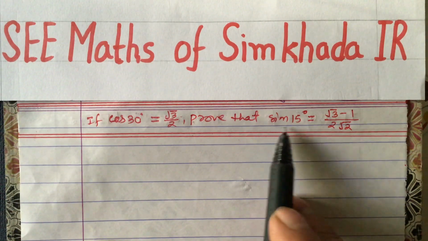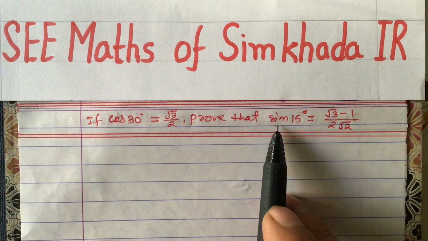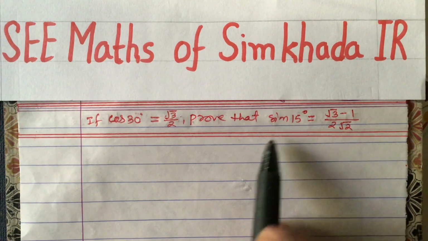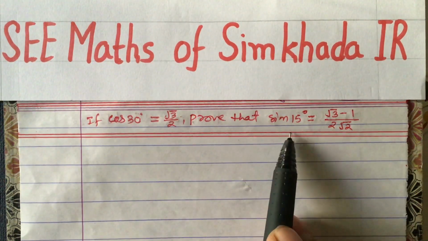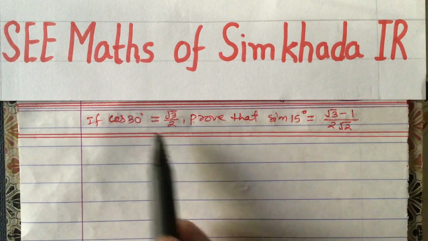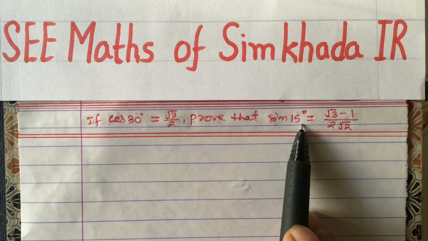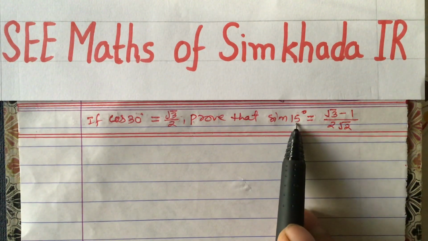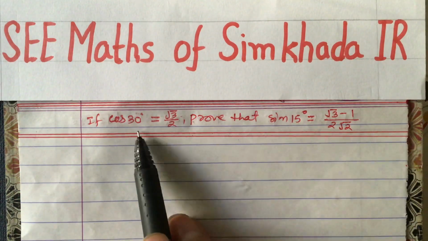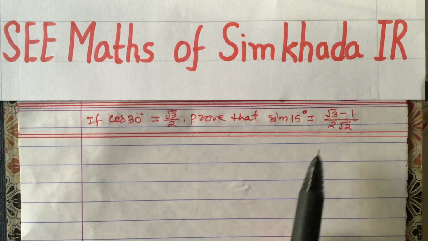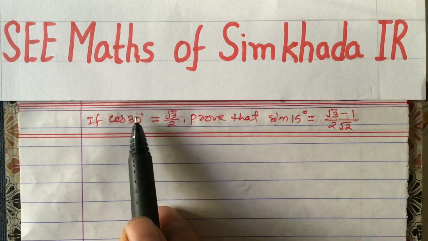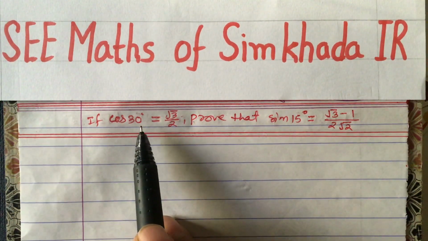You may be asked cos 15, sometimes sin 15, and sometimes tan 15. Only these three from 30. Always its half will be given. See, if here is 30, you will be given 15 degree. If here is 45, you will be given 22.5 or 22 1 by 2. If here is 330, then 165. Always half of this will be given in this type of question. So you may be given 330, 30 degree, or 45 degree. All those three we need to learn.